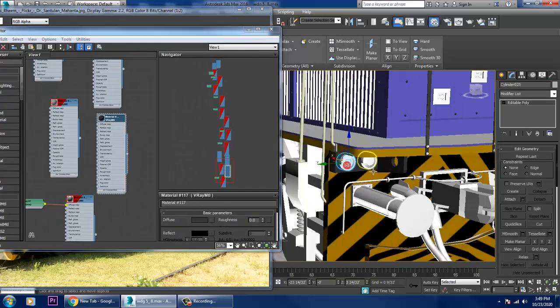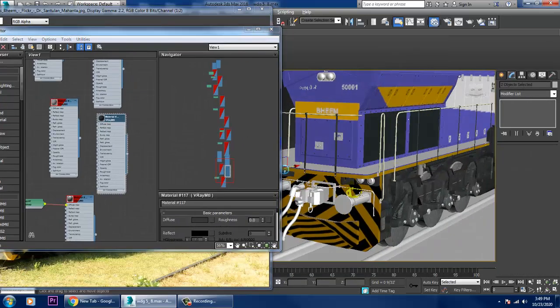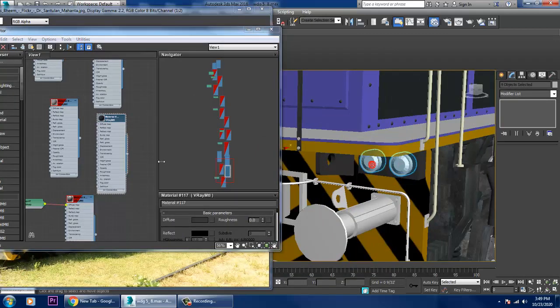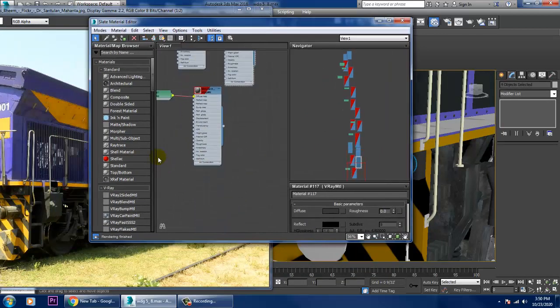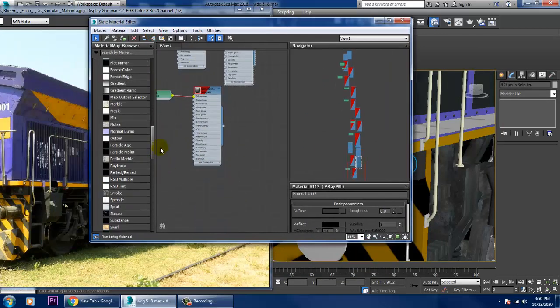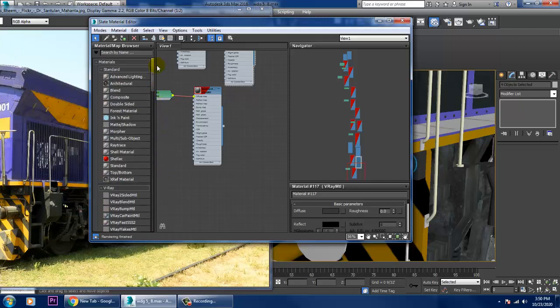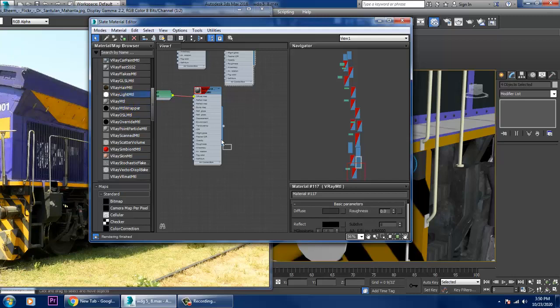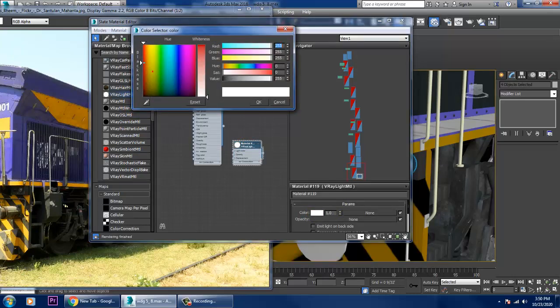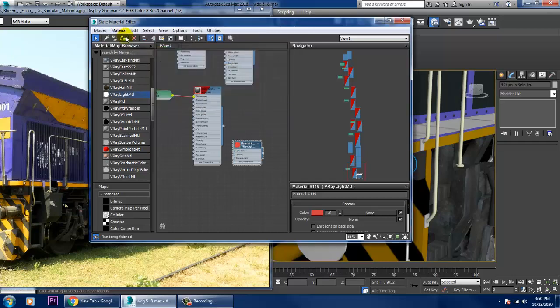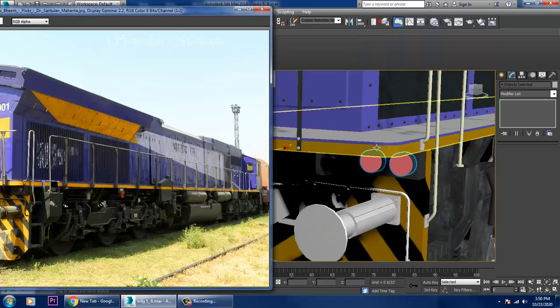And the lights kind of stuff, we can just select this and take a V-Ray light material. You can go into this and take a V-Ray light material, and if you want you can take a red color and just texture that.